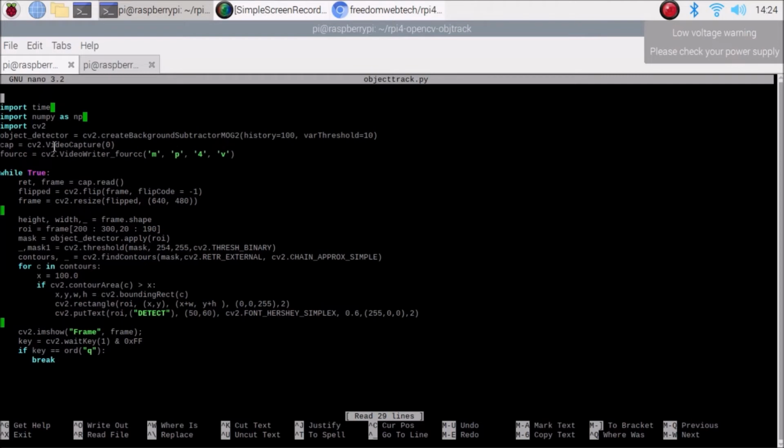As you can see here, object detector, I have used a background subtractor, MOG2. Then we get the live frame from our Raspberry Pi 4 camera module. Then, as you can see here, ROI is the main part. This is the area of interest where I want to detect the traffic. You can change these coordinates as per your requirement.